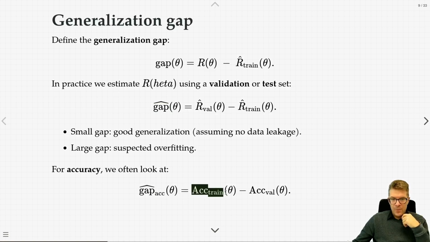Here, we expect the accuracy for a training set to be bigger than the accuracy for a validation set, so we subtract one for the other. I think it's reasonable to also just take the absolute values of these quantities. Here we're moving the terms around in order to get a positive value of this gap. Again, to my point of view, it's also a little bit of a hack. So you can put absolute values across these things, maybe even square them. We love squaring things in machine learning. Square the difference. That might be a bit of a better way to think about this, but the core idea is the same. This is just one of many ways we can measure the gap between training and potential generalization.